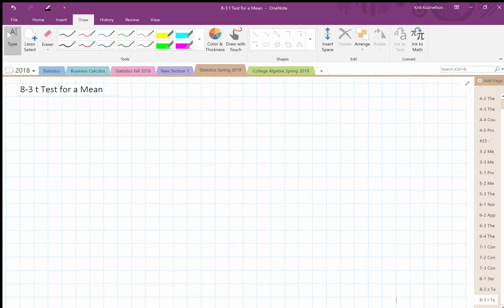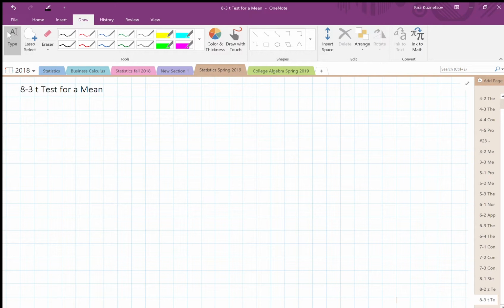This is a lecture on 8-3, t-test for a mean. A t-test is a hypothesis test to make inference about a population mean when sigma is unknown. It is a hypothesis test that is very similar to a z-test, and at this point I'm under the assumption that you understand the idea of hypothesis tests and the theory of the hypothesis test. So if you don't quite understand what's going on, please revisit 8.1 and 8.2 where we discuss the basics of